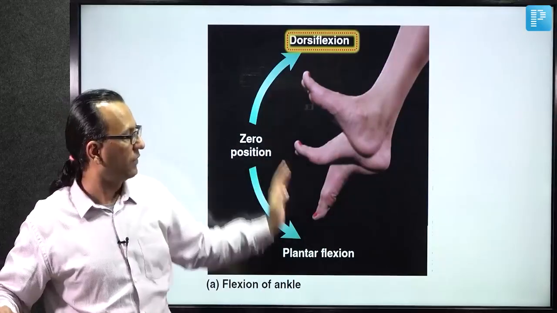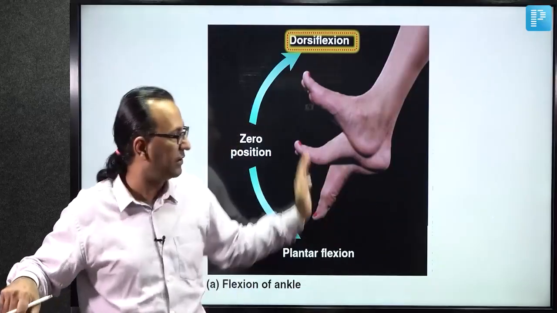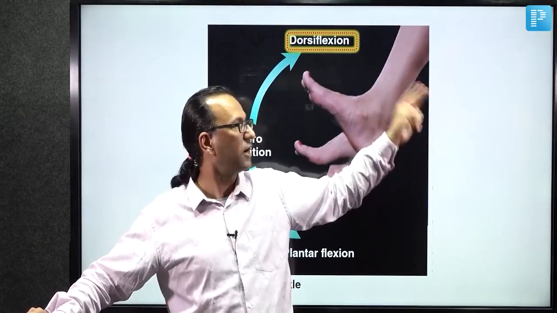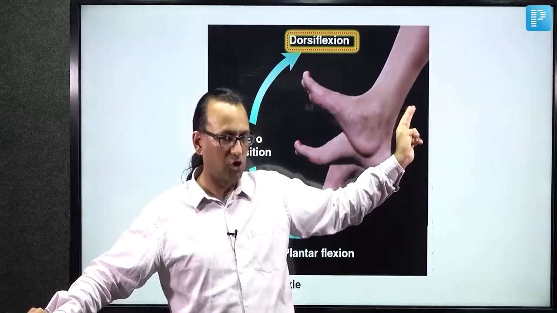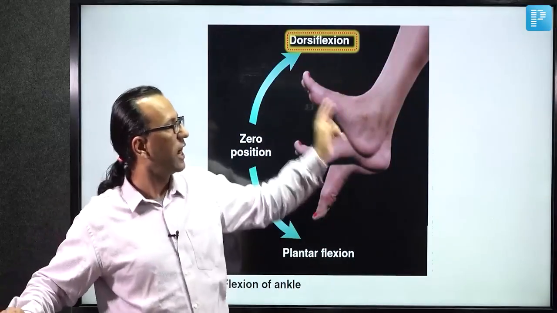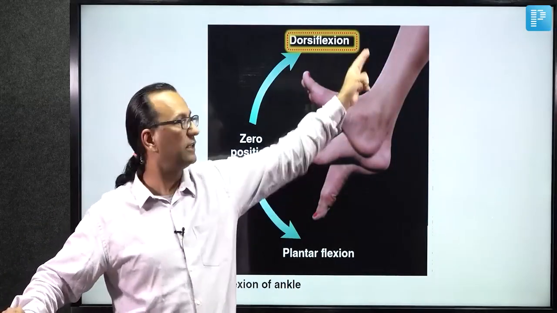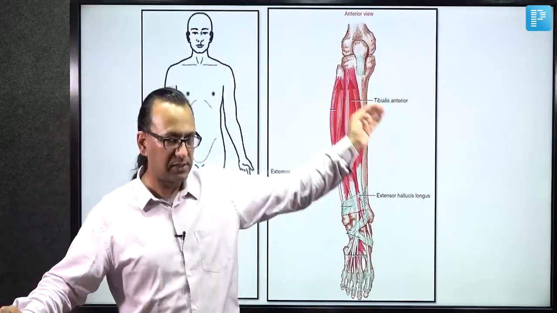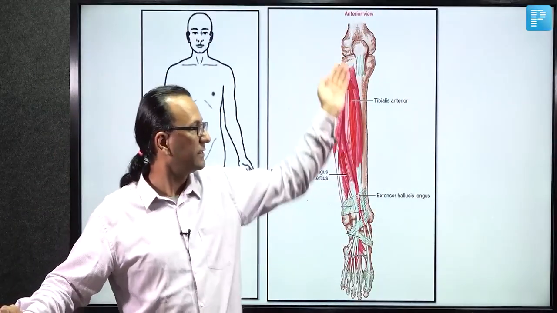And when it comes to plantar flexion, there will be a total of 6 muscles working, 3 superficial and 3 deep. The superficial muscles are the GPS muscles, and the deep muscles are Tom, Dick and Harry, but they are flexor Tom, Dick and Harry. First, we will be focusing upon the anterior Tom, Dick and Harry, the extensor Tom, Dick and Harry. As you can see here, this is a muscle in front of the tibia, so tibialis anterior, and